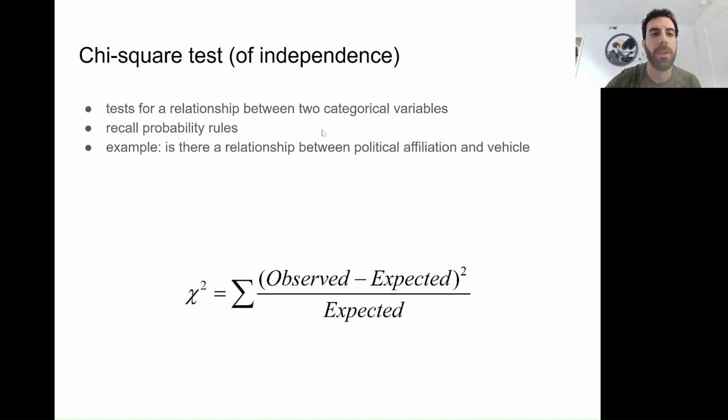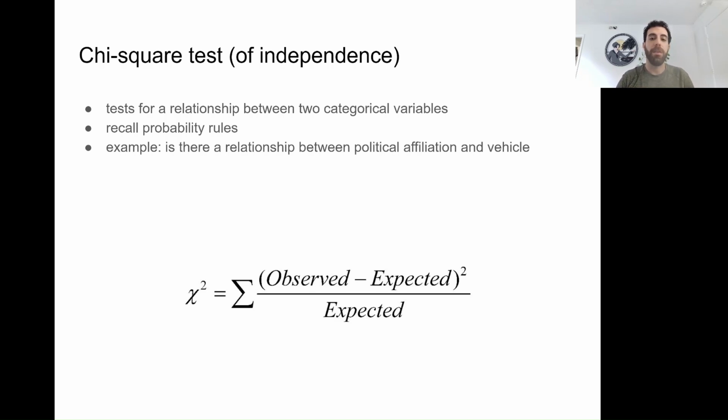But to summarize what's on this slide, with a chi-square test, we're looking at two categorical variables. And I want you to remember the probability rules that we've talked about. So when we assume independence, that means that the probability of an event doesn't change from knowing the outcome of the other event, right? So we had some probability rules, something like the probability of A and B equals the probability of A times the probability of B if they're independent. If they're not independent, the probability of A and B is equal to the probability of A times the probability of B given A. So it's a subtle but very important distinction,